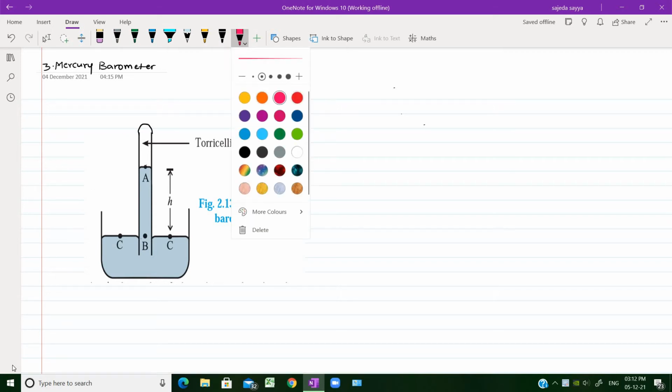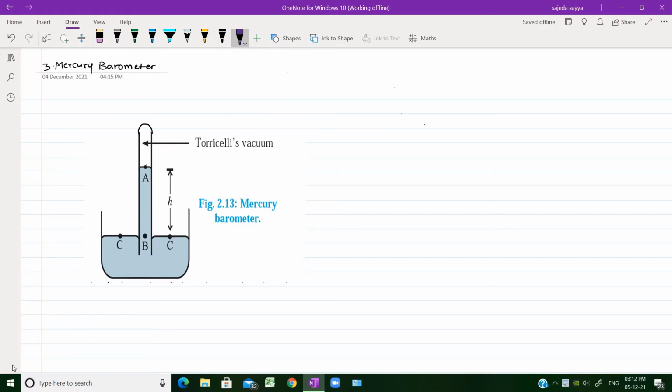Today we are going to discuss the third application of Pascal's law, that is the mercury barometer. It is generally used for the measurement of atmospheric pressure. In the Maharashtra State Board physics textbook, the atmospheric pressure throughout this chapter is denoted with the notation P naught, that is, P naught is equal to